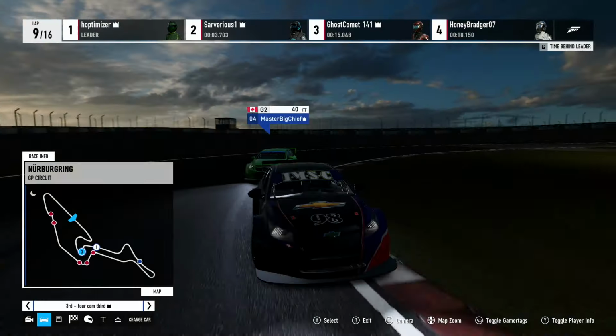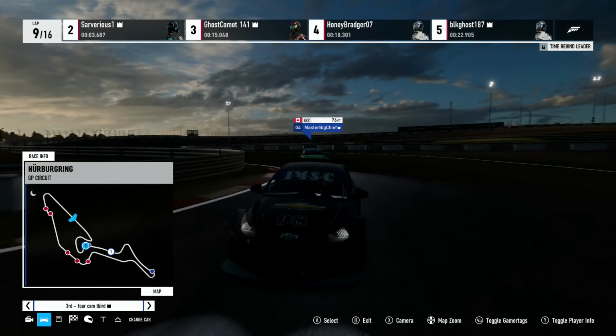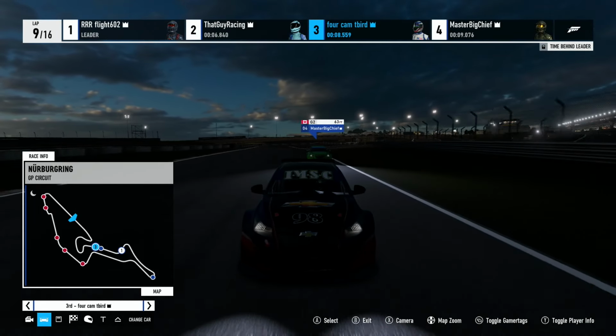Let's go on board with third and fourth, because I think this is where the battle is right now. GT3 is spread out, so this is where the action is right here. We got Master Big Chief threatening 4Cam,